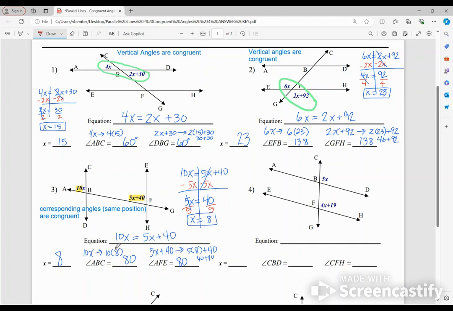10 times 8 is 80. 5 times 8 is 40, plus another 40 is 80. Again, this confirms or proves that these two parallel lines are cut by a transversal. They are parallel lines because both of the corresponding angles